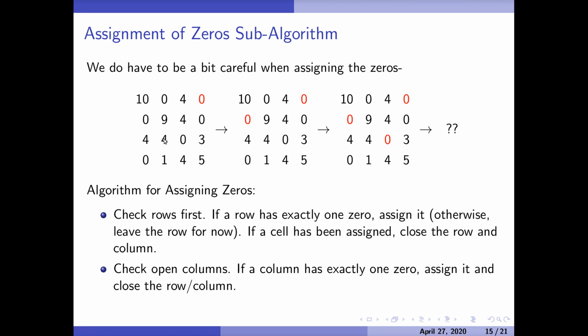Okay, so that just leaves this 0 9 4 and 0 0 3 left, and so when I look at the open columns here, the 0 9 4, I'm going to take this zero out, and that takes care of this row and this column, and so that just leaves this. Actually it's just this zero that's left, and so I would assign that. So this would be the last zero being assigned in that algorithm,